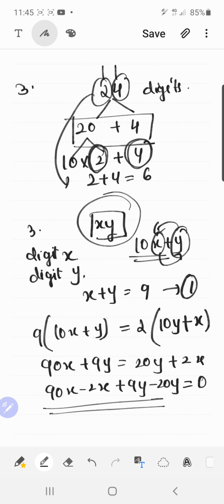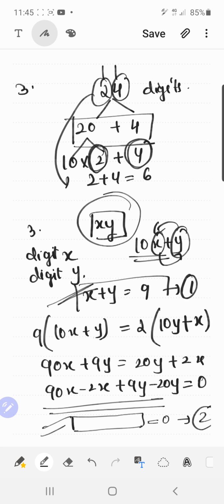And once you solve this, you will get a nice linear equation. And that equation you can number as equation number 2. Your equation number 1 you had this, and your equation number 2 you had this. You have to solve them simultaneously by the elimination method, by making the coefficients equal and of opposite sign. Clear? Okay.